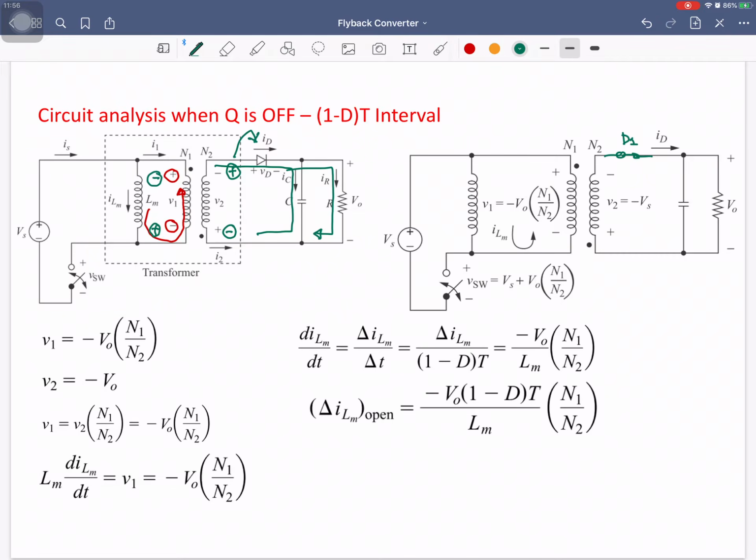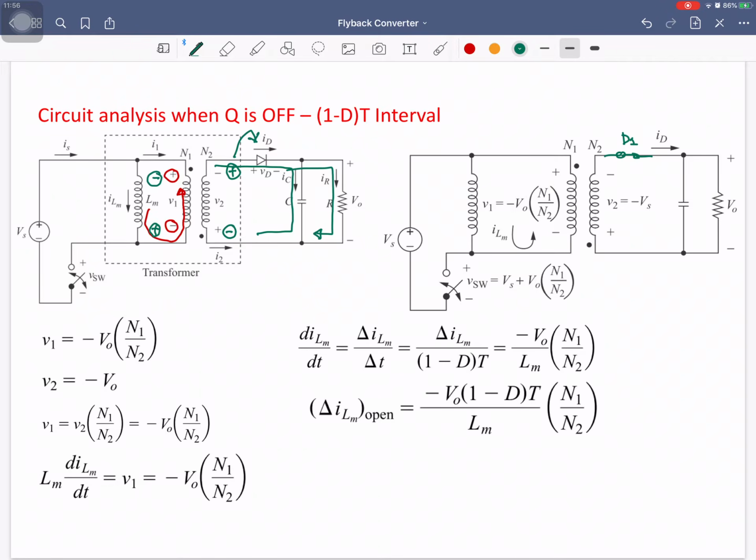Right? Now the current is going to flow in your secondary winding, and the energy stored in your magnetizing inductance is now being delivered to the load. So when your switch is on, the energy is stored, and when your switch is off, the energy is delivered to the load and to the capacitor that is connected in parallel to the load. It stores energy, and when the cycle goes to the on state, when your switch is turned on again, the energy stored in the capacitor is delivered to the load.